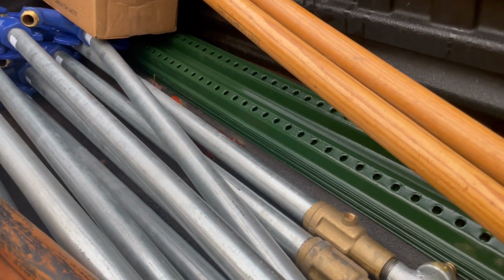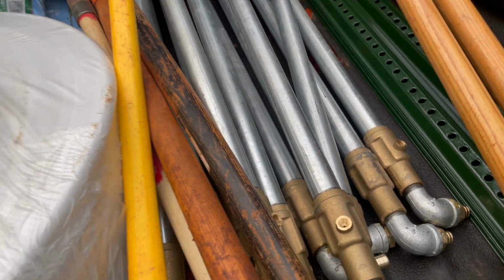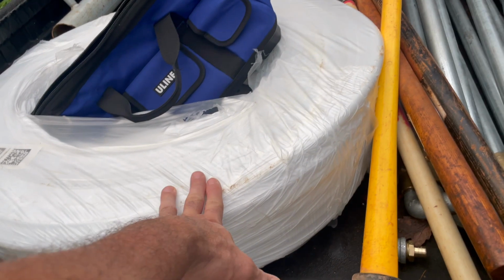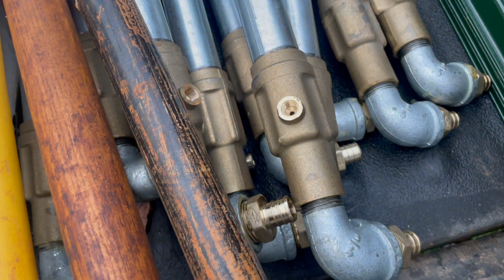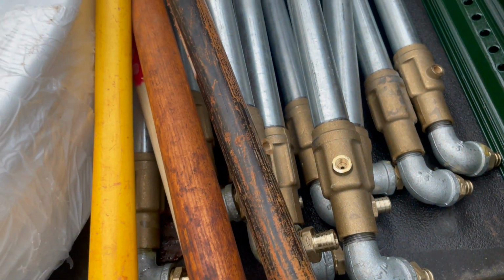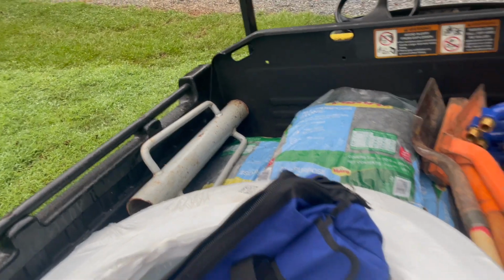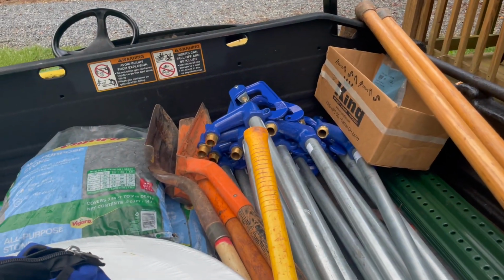We've got stakes that we're going to drive into the ground to fasten these two for more security. We've got our PEX line here, gravel. You're going to put this underneath these valves so that when the water weeps out, it has somewhere to go in the gravel. Let's see what else. We've got our post pounder. We've got 2 hose. We've got trenching shovels and